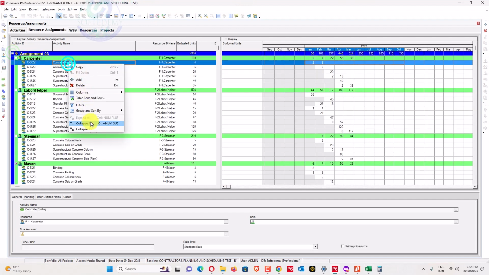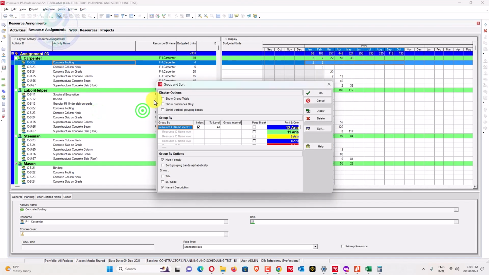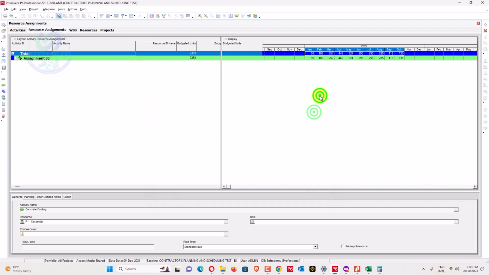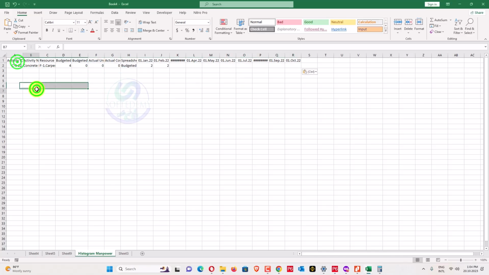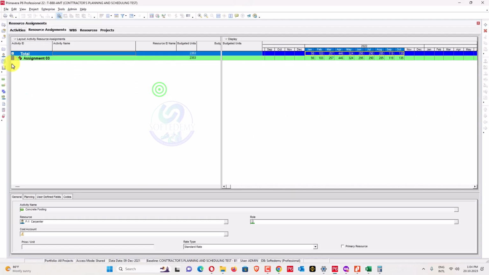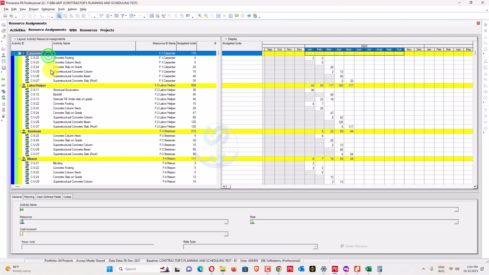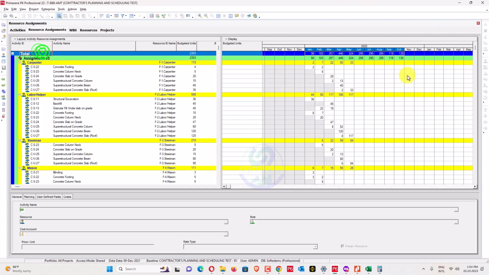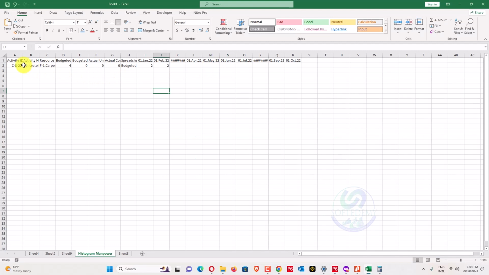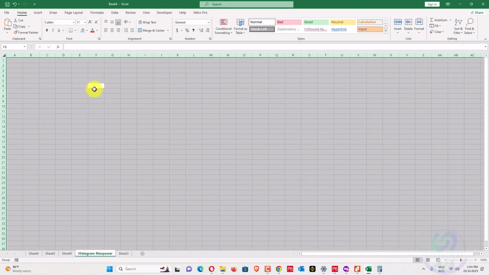Okay, manpower assignment, go here, group report, show total, apply, okay. So we'll copy this total. Now paste this one total. Why is it still not copying? Select this one, copy budgeted units, paste this one.